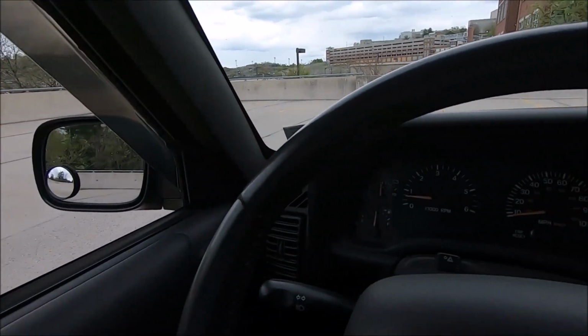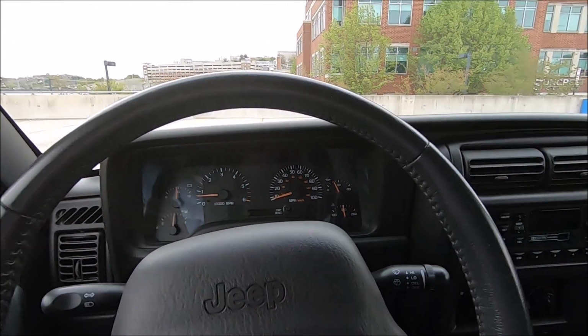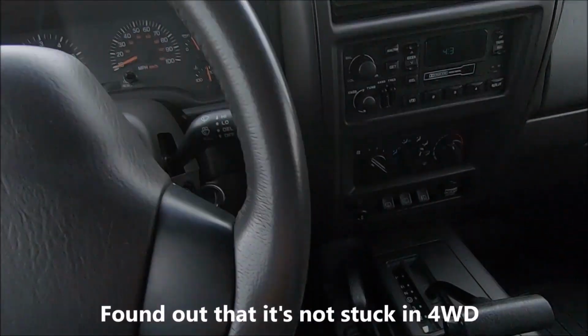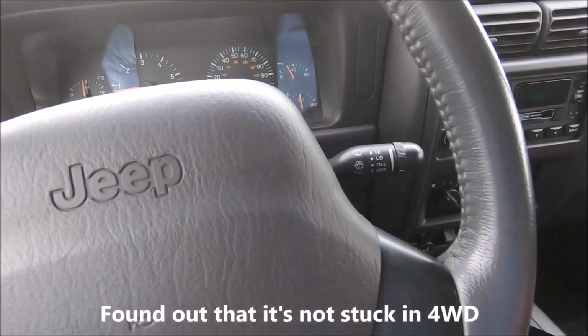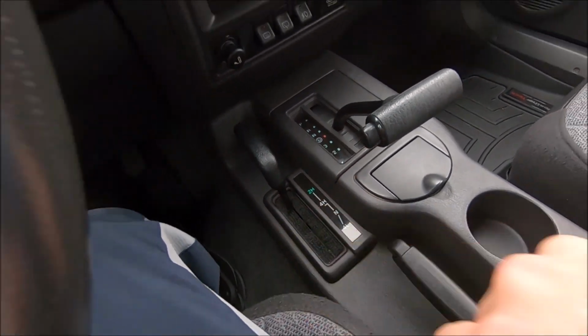Now, the only issue that I have with the Jeep now that I didn't have before is that I kind of get some wheel hop in the steering wheel whenever I turn. So let me show you guys what I mean here. It kind of just feels like I'm stuck in four-wheel drive. I don't know if I am or not, because obviously the transfer case says it's in two-wheel drive, but something